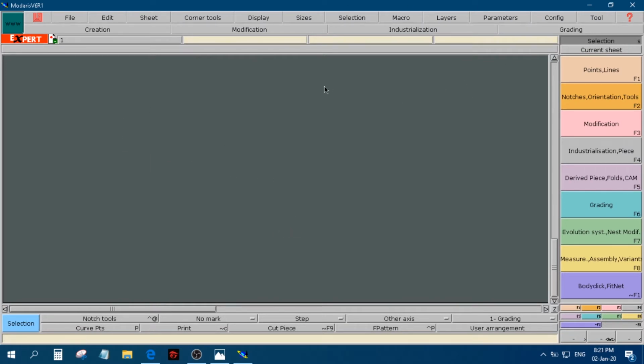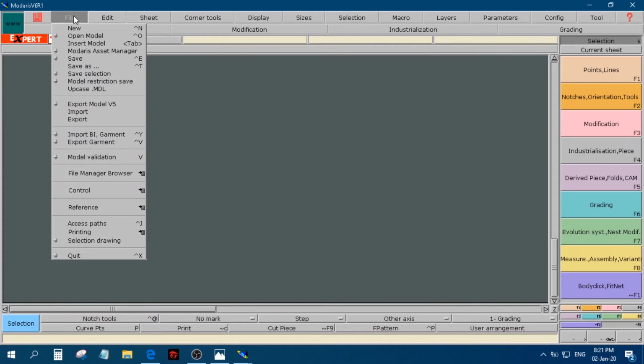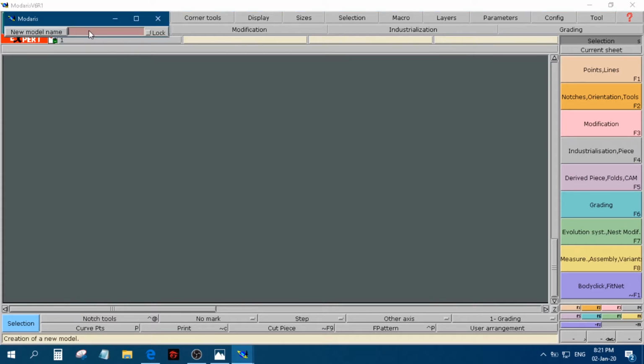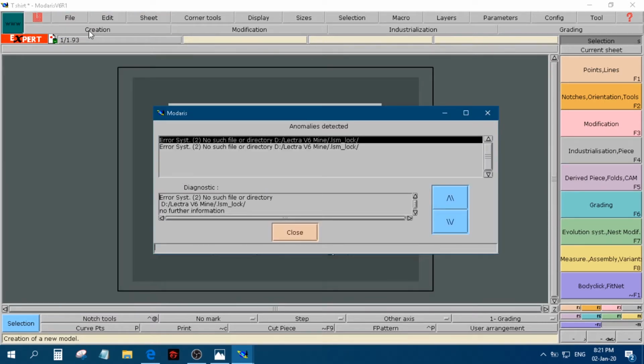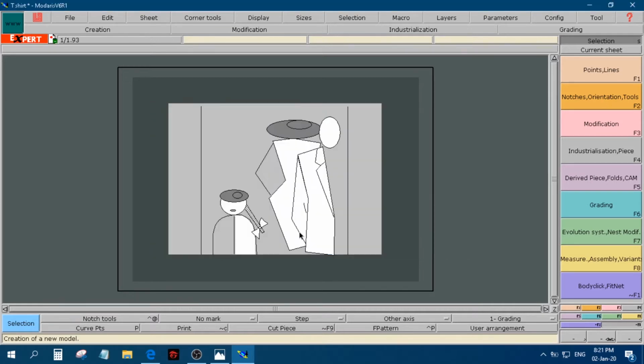First of all we will go to File and click on New. Let's give this file the name T-shirt. Click Enter. Now this window will appear if there is no file folder in the path in the directory. So click Close and